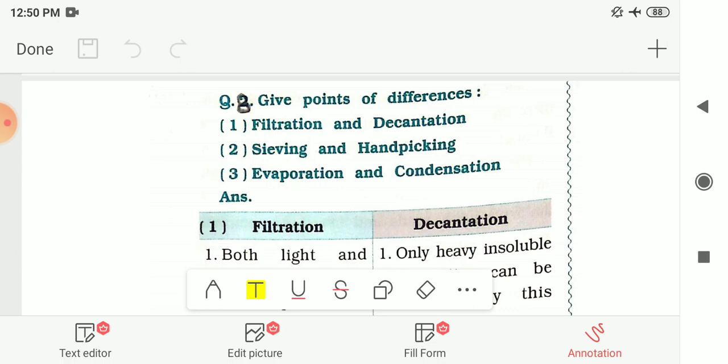Then after, we had seen winnowing. Winnowing is used to separate heavier and lighter components of a mixture using wind or by blowing air. So husk is separated from the heavier grains by this winnowing method. Then after, we had seen the filtration method.